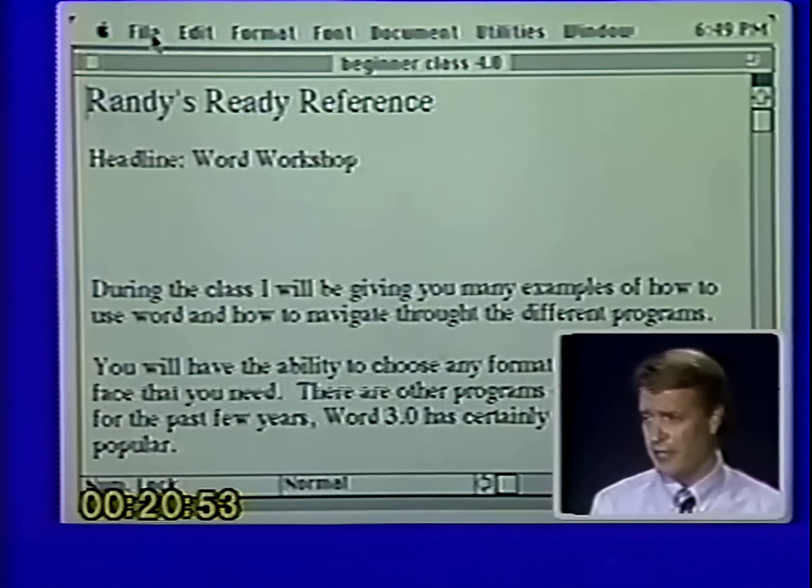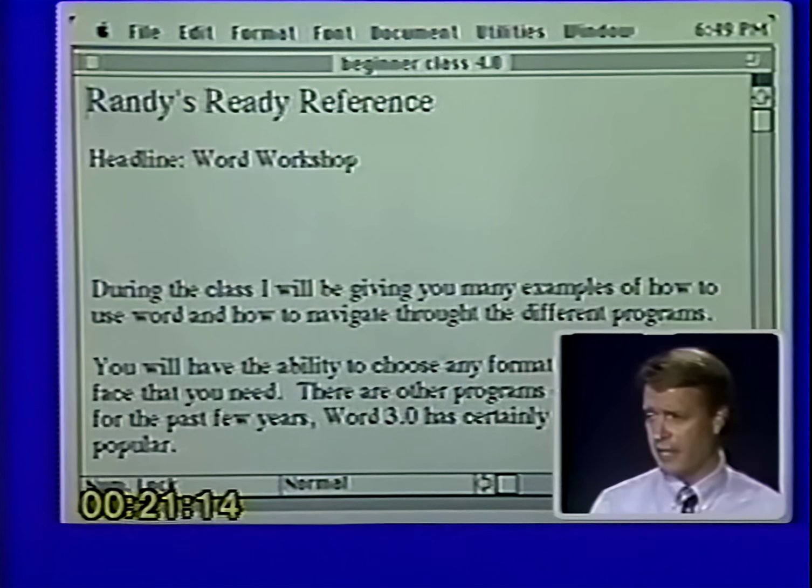So let's go through those 7 functions in Microsoft Word. The first one is called selecting. We used to call this highlighting, but now some of the new programs have a function called highlighting also. So we'll call it selecting, which simply means telling the computer, this is what I want to work on. So let's go through the selecting features of Microsoft Word.